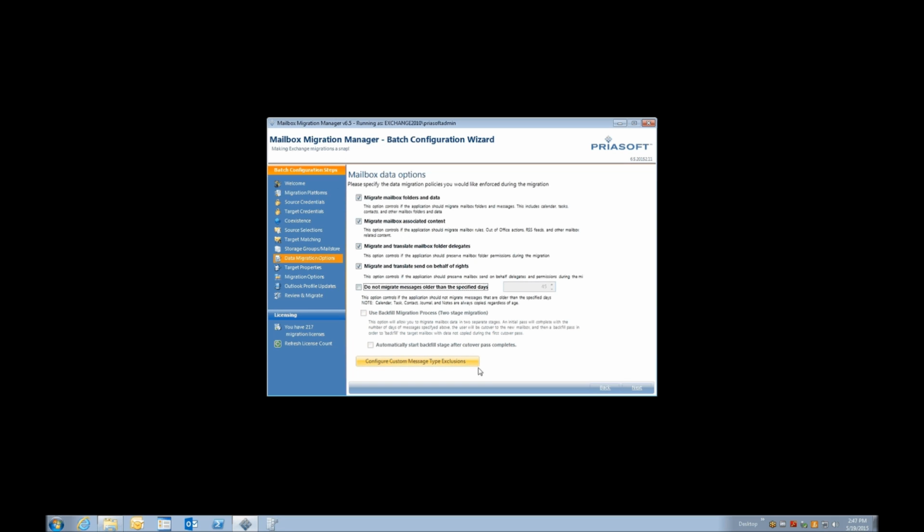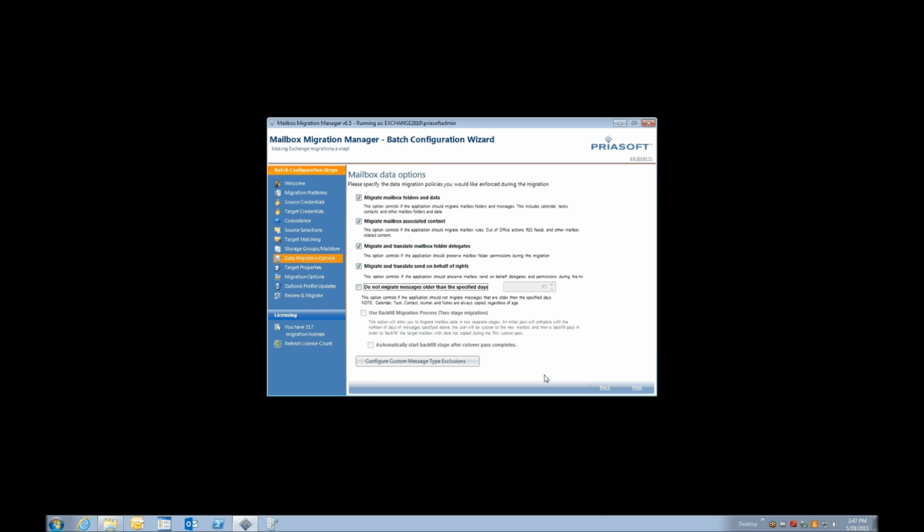The other thing we have down here, this is a little bit more of a black belt option, but what this is really saying is if there are specific item classes that you have that you do not want to migrate. For instance, you might have an archive system that's placing stub messages in the source. Now, obviously, if we were to copy those stub messages to the target, they're probably not going to work, right? So in a lot of cases people will go in and say, well, I have these specific message classes that I need to exclude,